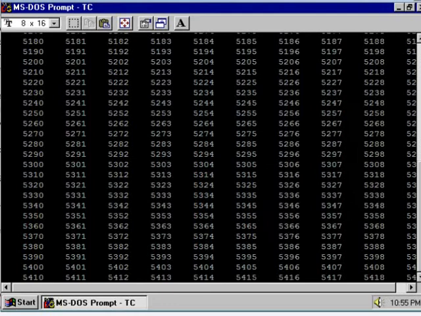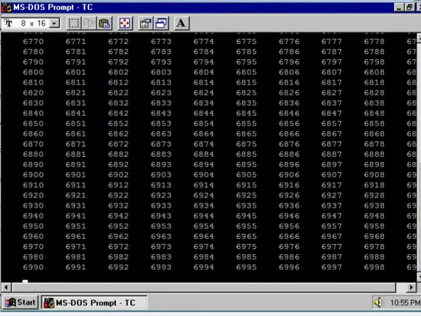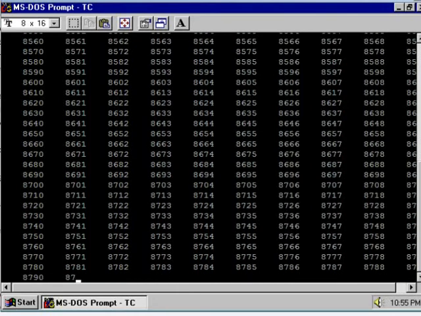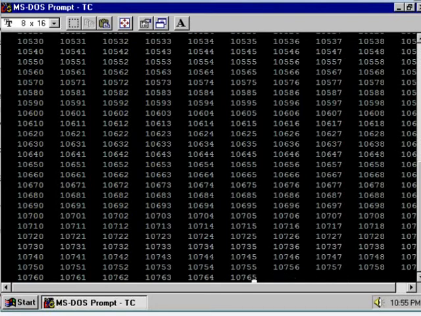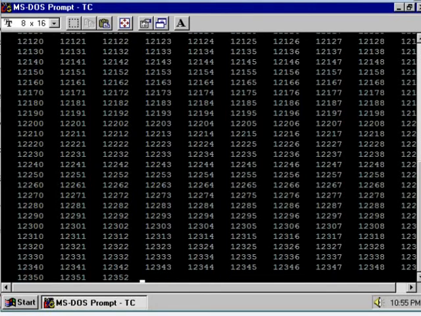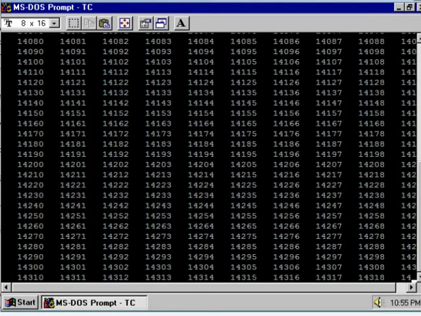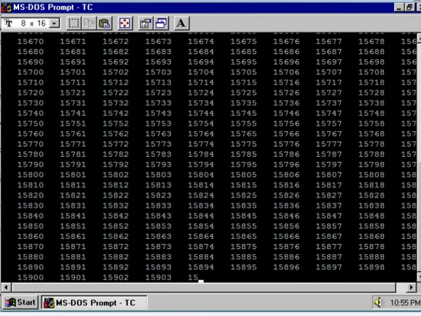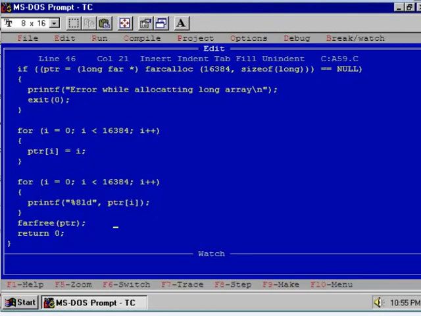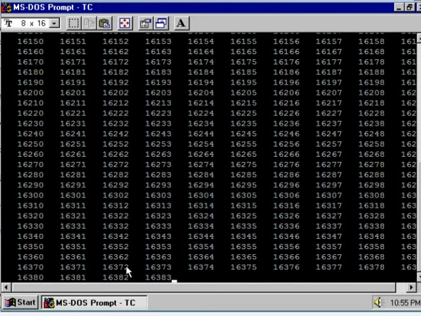So you see, the entire 16,384 numbers are displayed by this printf library function, I mean that for loop. See, it will take some time. The last element is 16,383 because we started from 0, so the total elements the array contains is 16,384. Is it clear?